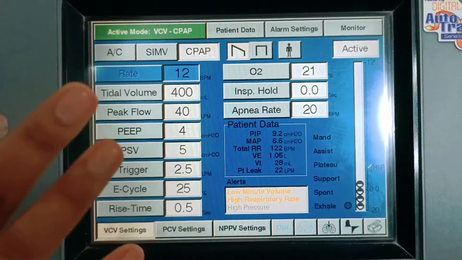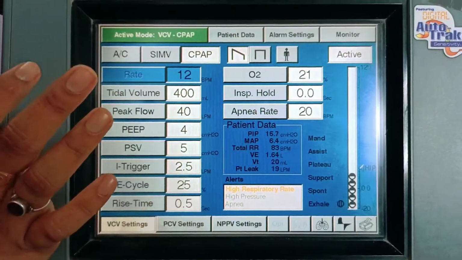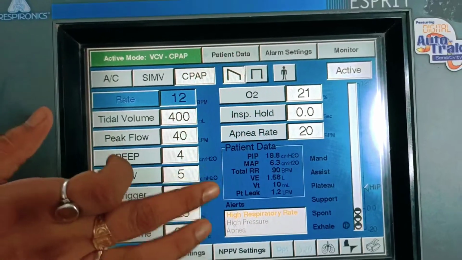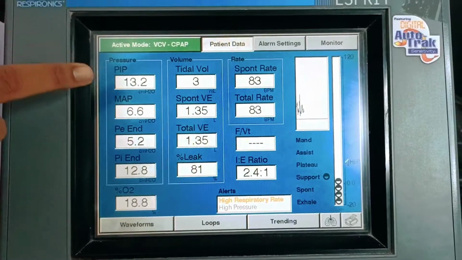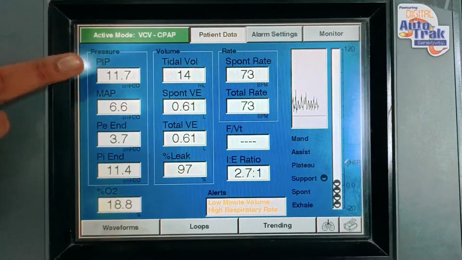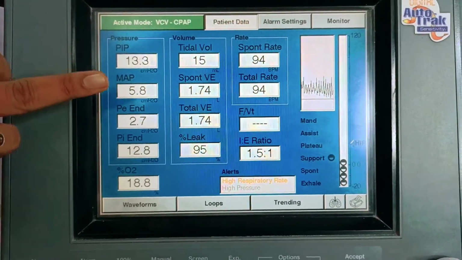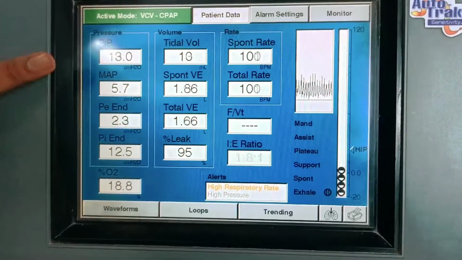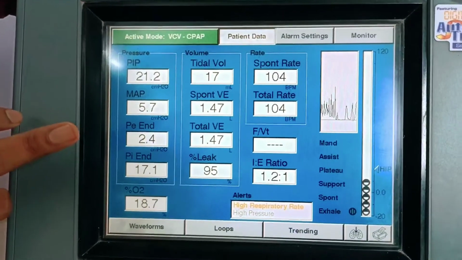And suppose you want to cross check whatever data we have set, how much it is getting delivered, with the help of this patient data you will come to know. This is the small box in which all the data are coming. And if you want to see it on a large scale, then you have to click here, then you will see how this machine is functioning: spontaneous ratio, tidal volume, how much it is getting delivered. As we have got this machine for repairing purposes, some of the parameters are not matching, which we have to rectify, and after rectification we will give this to our customer after repairing, as we have taken CMC. So these are all basic things which we need to understand.